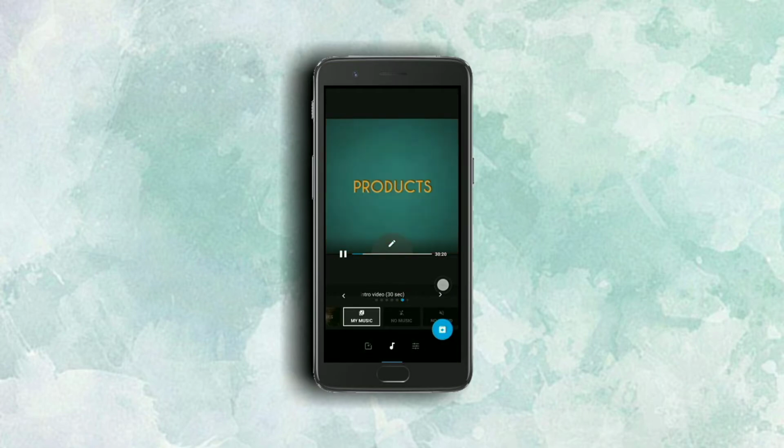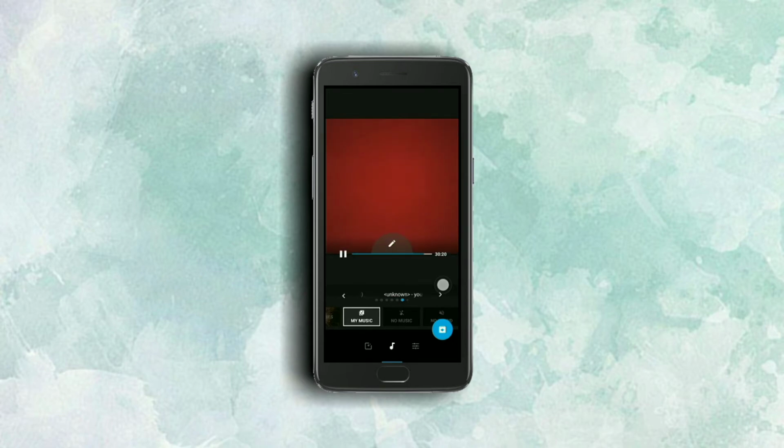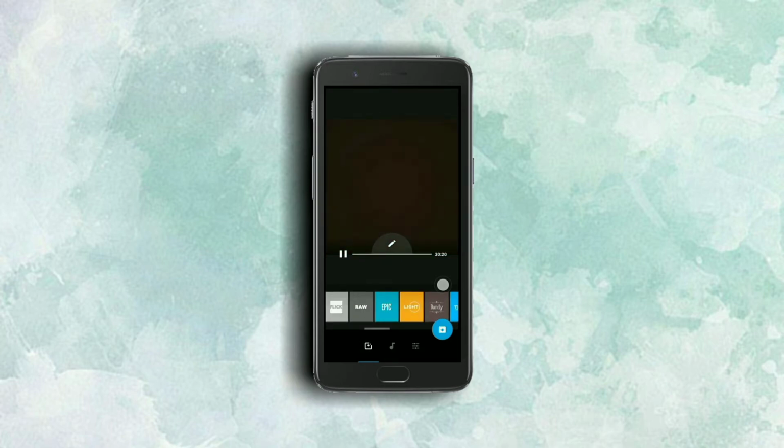You can preview it for the last time and save the video. Any changes to be made can still be adjusted through the settings tab or through the music tab. You can also add filters to this from the settings tab.